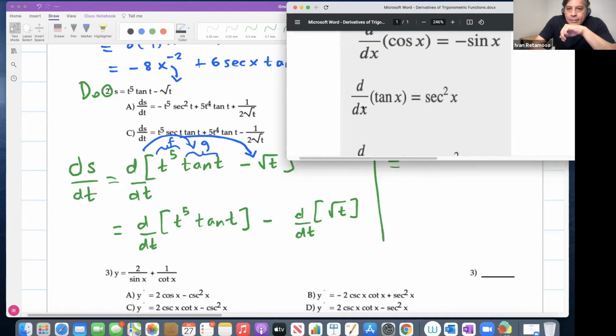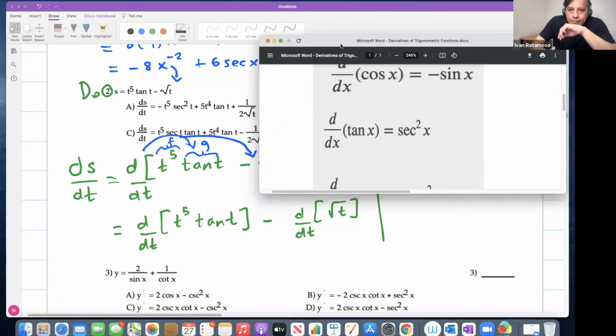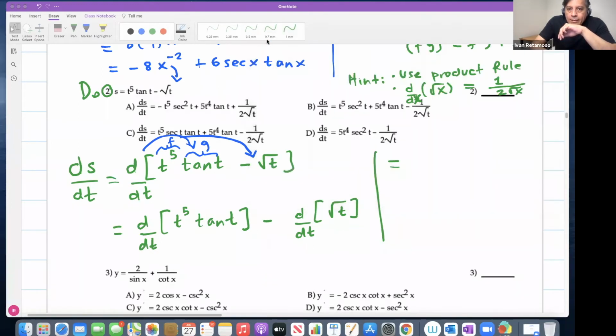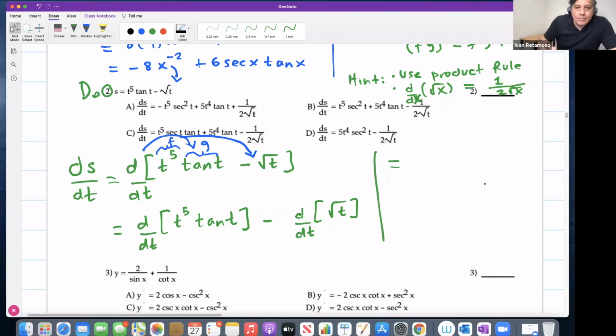Great, right? The derivative of tangent is secant squared. Let's just recall that. Okay, so let's do it together. Here, product rule, right? This is the f function, this is the g function, so we're going to do the product rule here. Start with the derivative of f. F prime is going to be 5t raised to the 4th power, but this has to be multiplied by the function g, which is tangent of t,